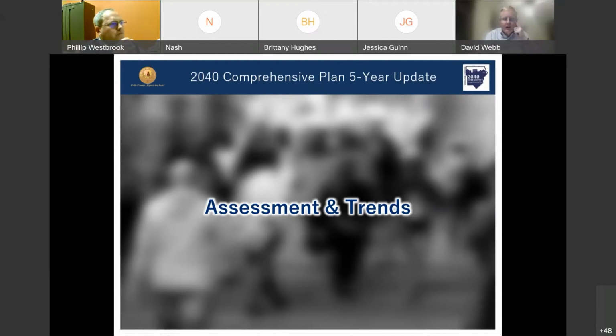The data that we're about to look at are really a snapshot of current information, but we also have some historical data that's going to inform how we're going to be planning for the next 40 years, as well as some projections. I will say most of the projections that are captured in our comprehensive plans are based on U.S. Census data, and also the Georgia Demographics Office feeds into that as well. From a planner standpoint, we try to use the best data available, which is official U.S. government sources that are accessible to everyone. And of course, every time there's a census, that is also a big help.